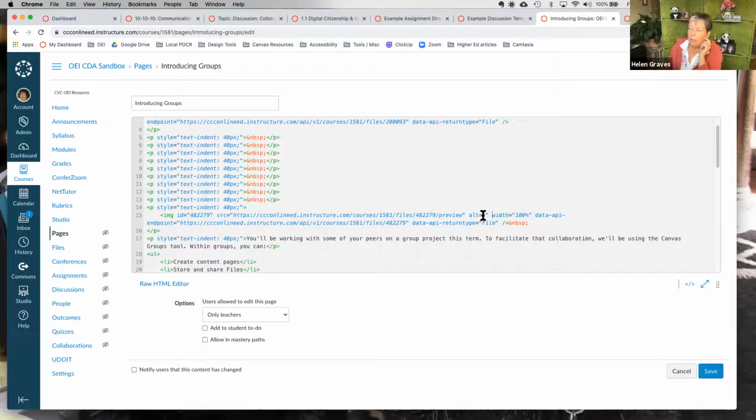So alt text is one command. Then there's a space. Then there's the next command, which is width. And then there's a space. Then there's the next. So you're going to want to make sure there's a space before your width and after your width. Okay. And in fact, I will put this in chat so you can copy this.